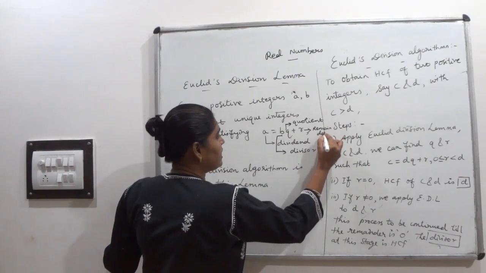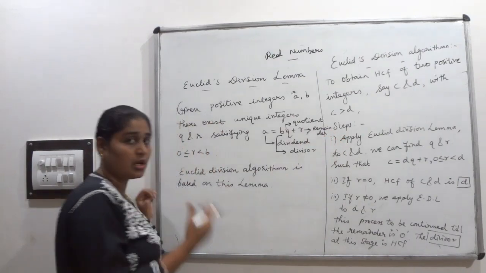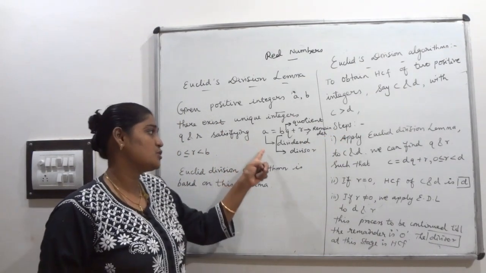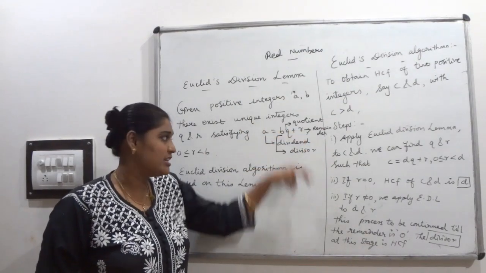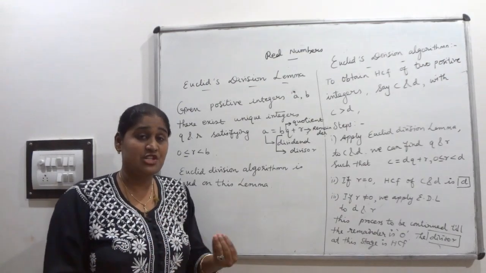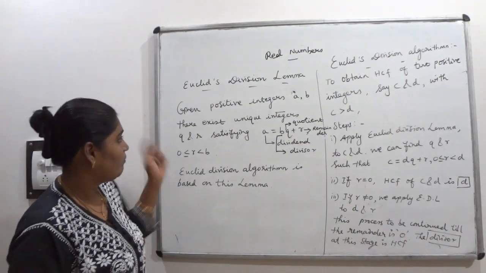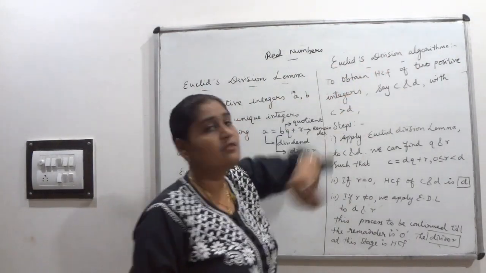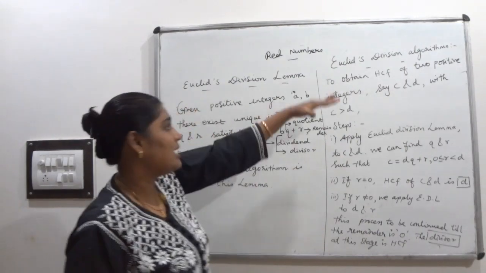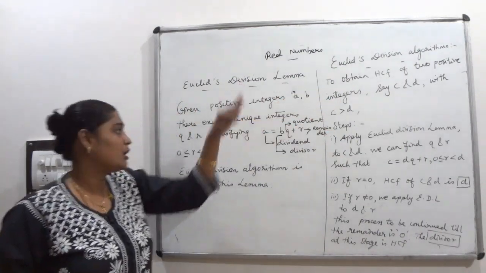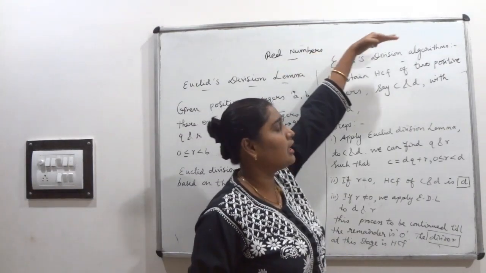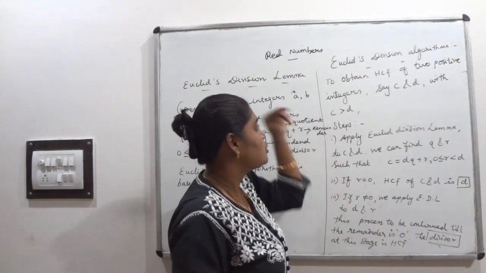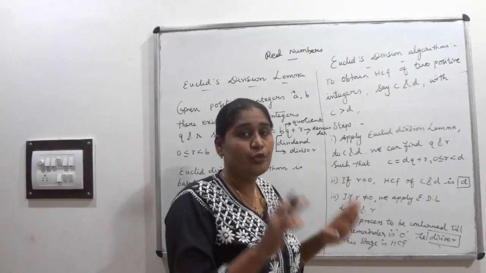Okay, you have already seen this in the lower classes. Division algorithm, that is dividend is equal to divisor into quotient plus remainder. By this way only we will check the division. Okay, so now we are going to see the Euclid division algorithm. So mainly in division algorithm we are using what? Euclid division lemma. Why are we using this division algorithm? To obtain the HCF of two numbers.